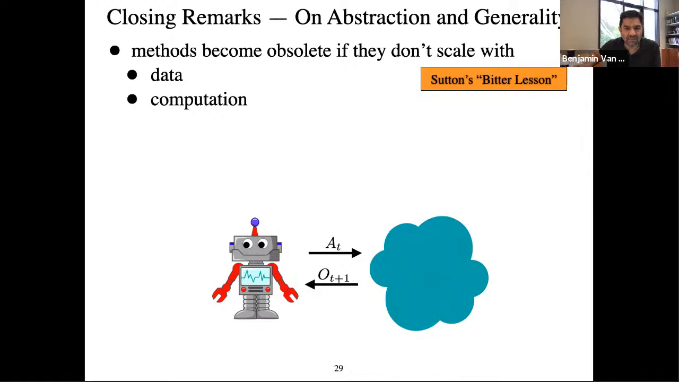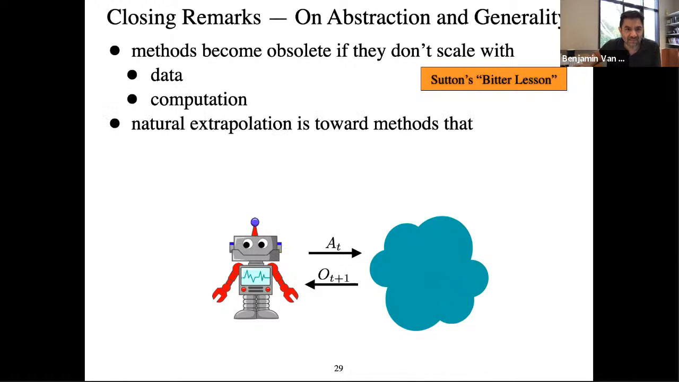An example of this is the success of deep neural networks, which offer tools that can scale with data and computation where statistical methods designed for specific data set sizes and computational constraints may not. Based on this premise, a natural extrapolation from where we are today is toward methods that abstract away from stylized models and generalize across data from different problems. For example,